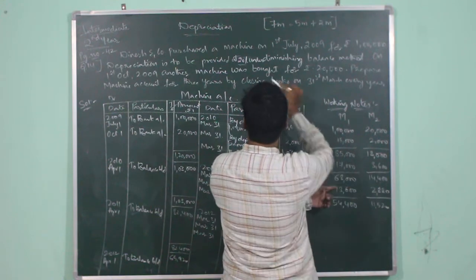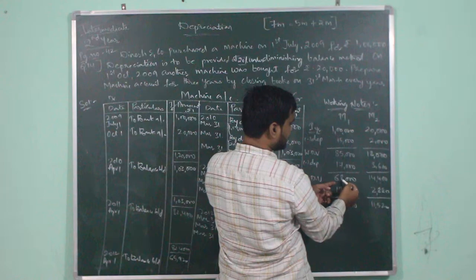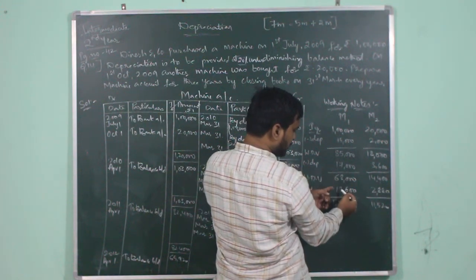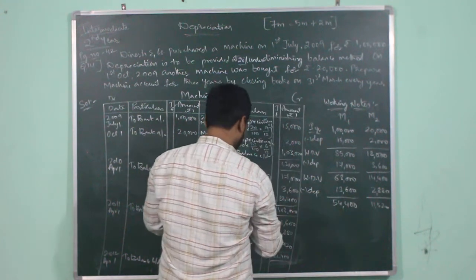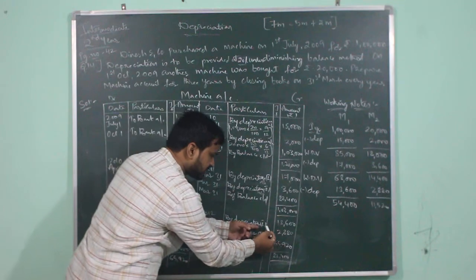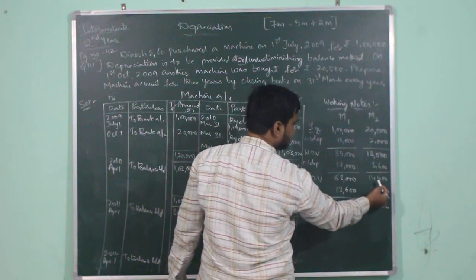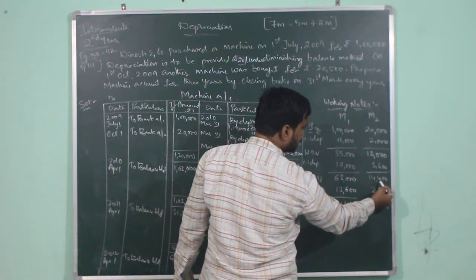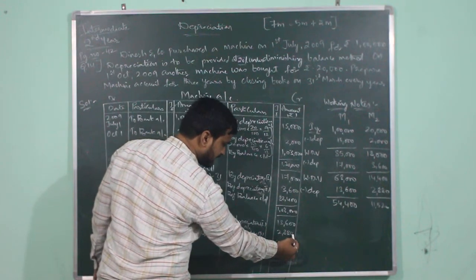So now you will be calculating this rate of 20% depreciation on 68,000. 68,000 into 20 divided by 100: 6, 6, 12, 800, 800, 1,600. So the total amount of depreciation on first machine will be 13,600. It will be recorded here as by depreciation account first machine 13,600, and on second machine the rate of depreciation 20% will be calculated on 14,400, which works out to be 2,880. So depreciation on second machine will be taken as 2,880.